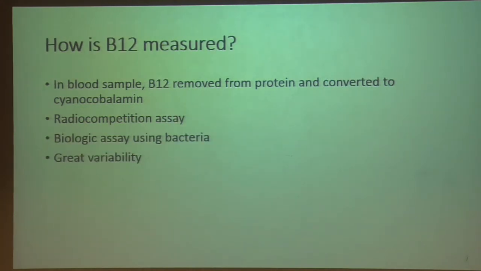So the first question is, how do we measure B12? Remember, I've told you it's not a good test, but when we send it, how do we measure it? What we do is in a blood sample, we remove B12 from protein, we convert it to cyanocobalamin, and then we do a radio competition assay using bacteria. So you can imagine if we're doing a test like this, or even if we're doing it colorimetrically, there's great variability. So the first thing, as I've said time and time again, is serum B12 is not a good blood test. But this patient has a really elevated